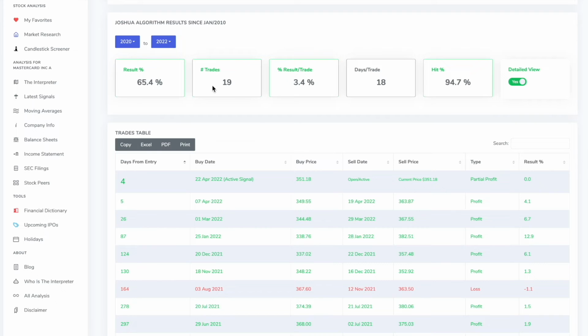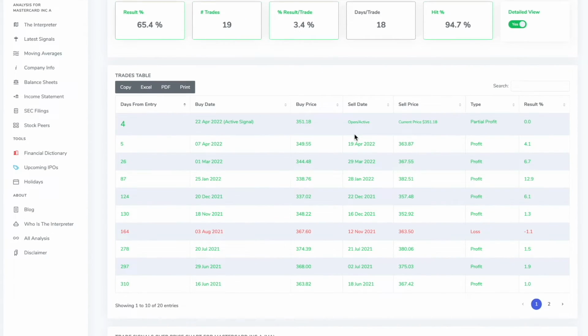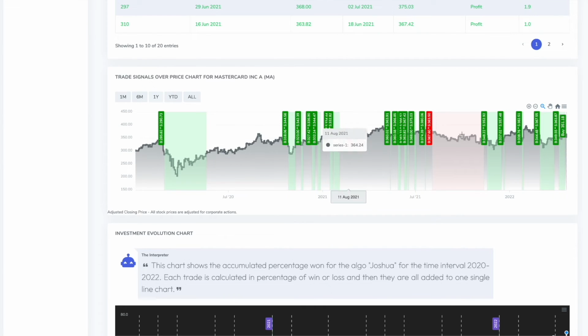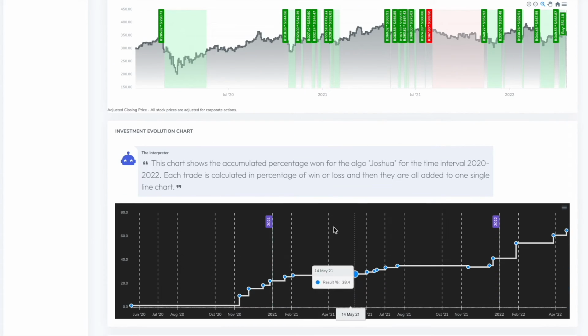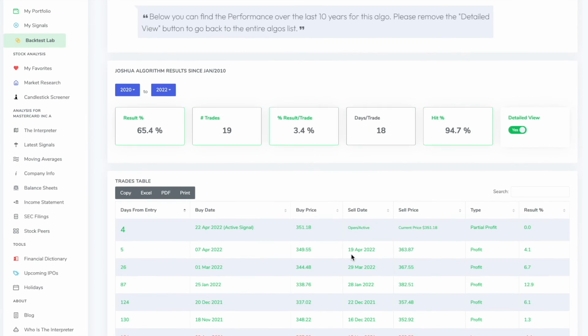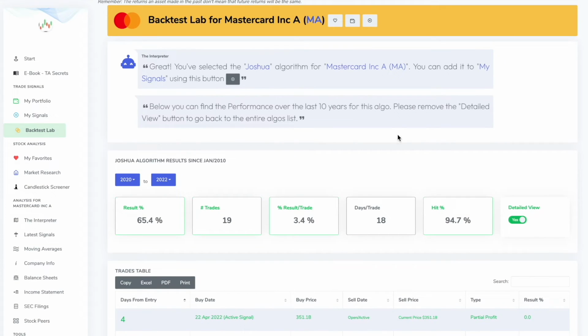So here's Joshua's summary that we saw in the last screen. And underneath we have the trades table between the Joshua algorithm and MasterCard. We see the latest signal, and it's still active, and all the results. Here are the trades over the price chart during the given time frame and the accumulated percentage. So we really like the Joshua algorithm for MasterCard, and we want to follow up with this latest signal and